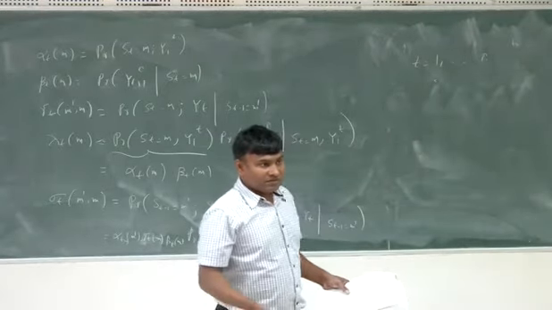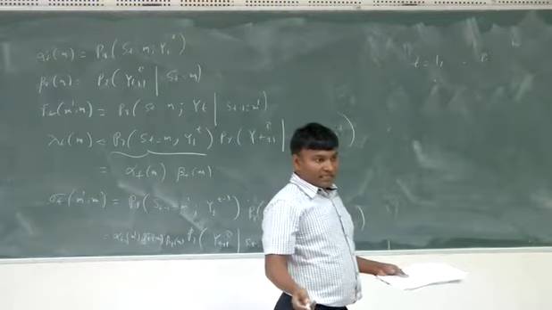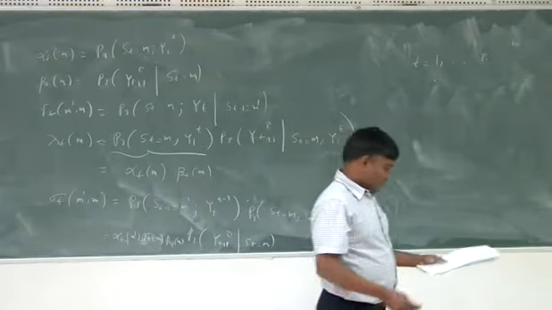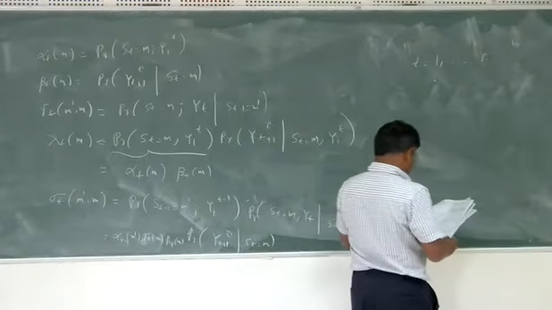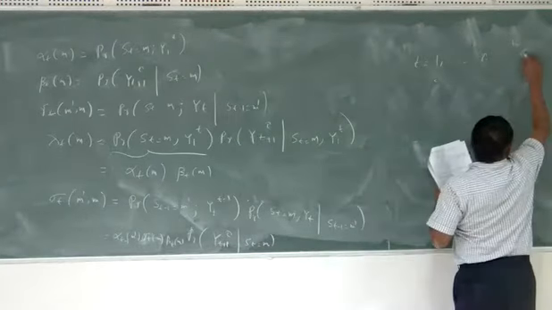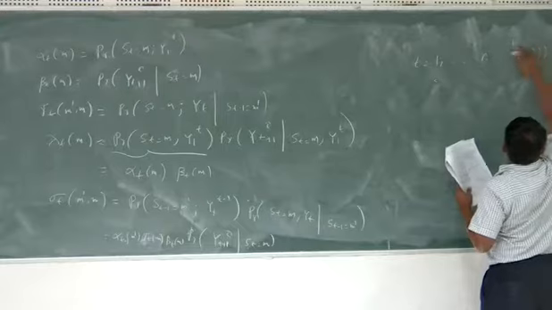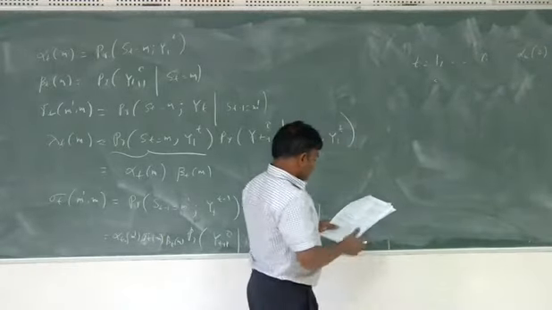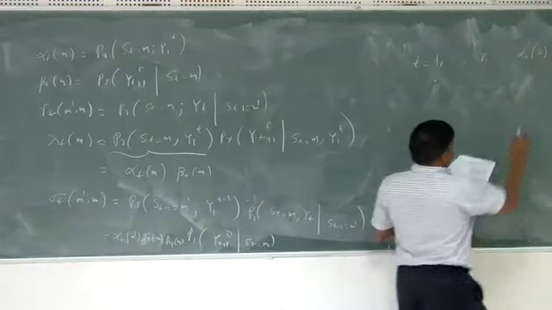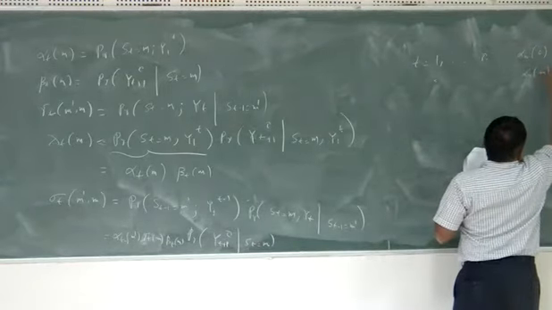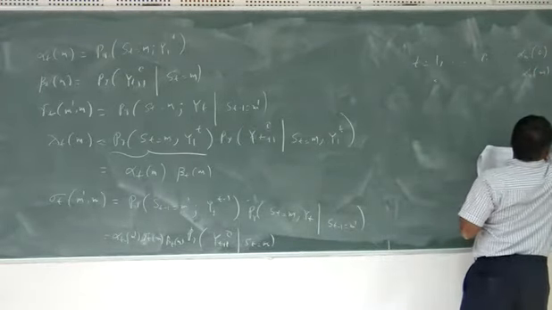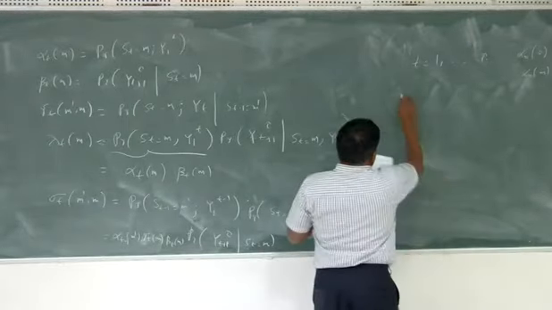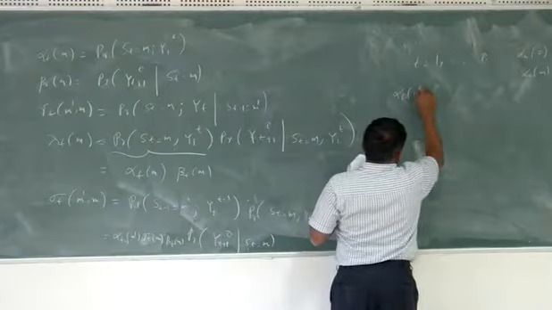T equal to 0 is a known state. So alpha 0 is 1 for state 0, and alpha 0 of m is 0 for other m. So for t equal to 1 to tau, alpha t of m, you can write it as